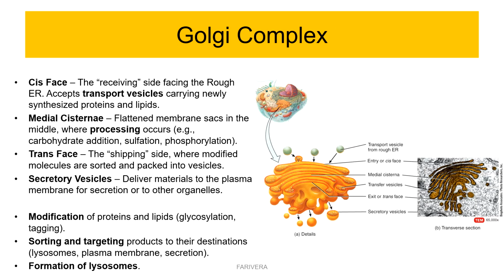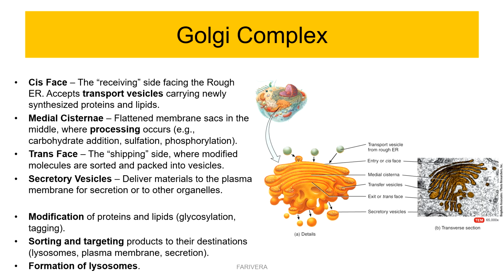Okay, so for the Golgi complex or Golgi bodies, after many proteins are produced in the rough endoplasmic reticulum, they are transported to the Golgi complex. Think of the Golgi as the cell's processing and shipping center. The cis phase receives materials. The medial region processes them, and the trans phase sorts and packages the materials. Secretory vesicles then carry products to their destination.